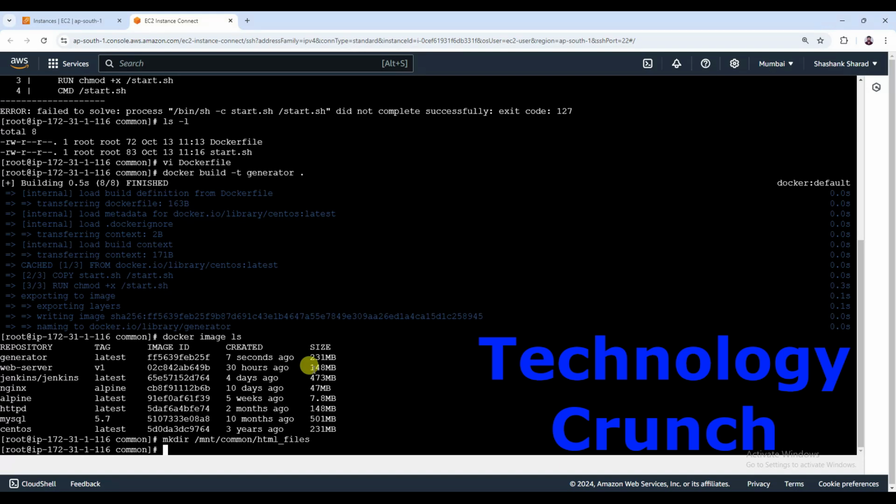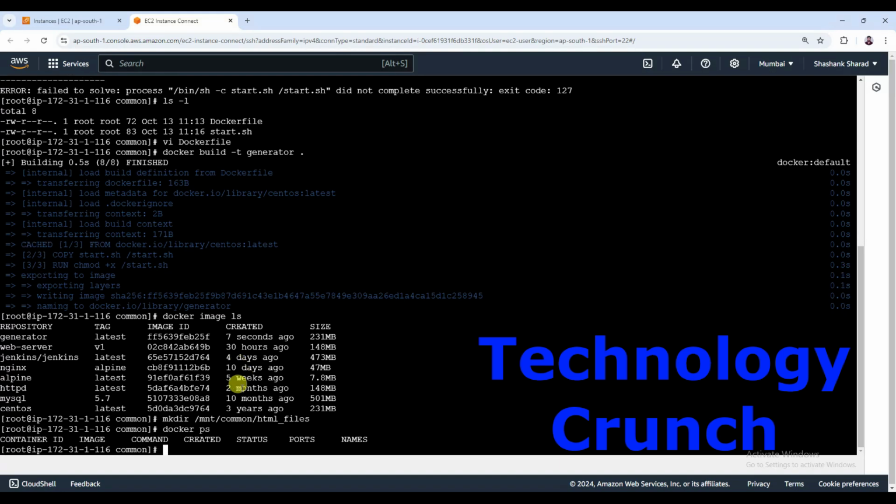Okay, so I am going to create a new container using the new Docker image which we generated. Let me start one new container. Firstly, let me show you I don't have any container running right now. Let me start a new container with this latest Docker image which I generated. So docker run,